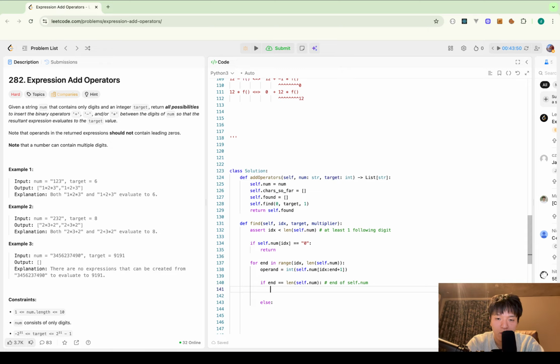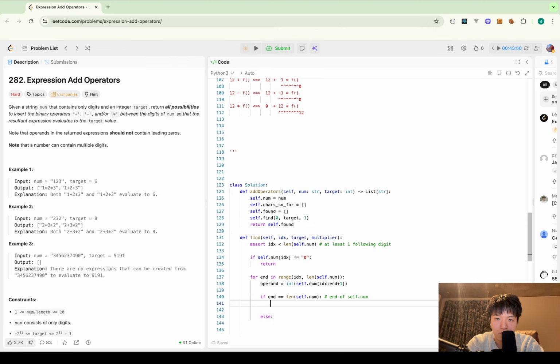So I can just add this operand times multiplier. If this is true, yes, I could create the target number. So the expression is